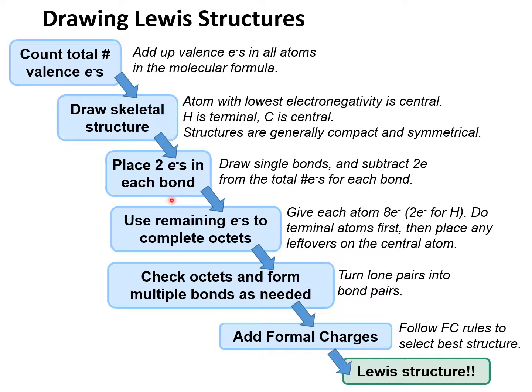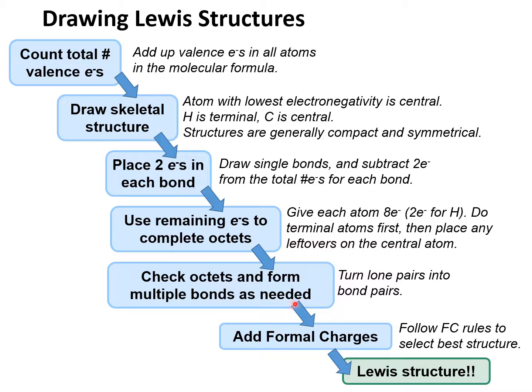Next step is to distribute our electrons, and in general we place 2 electrons in each chemical bond, and the remaining electrons we distribute as lone pairs. And we give each atom 8 electrons to form an octet. In the case of hydrogen, we give each hydrogen atom 2 electrons to form a duet. We add the lone pair electrons to the terminal atoms first, and then place any remaining electrons on the central atom. The next step is to check that each of the atoms has an octet, and then we form